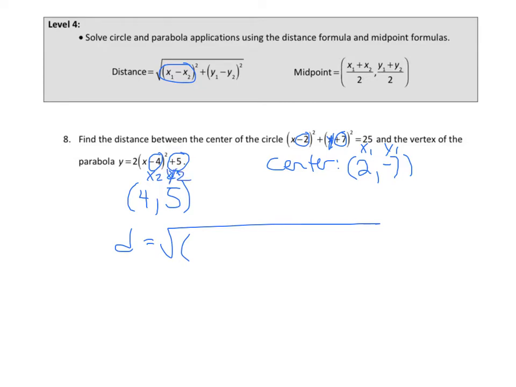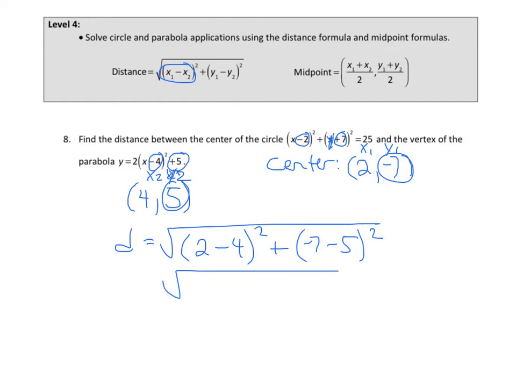And so I subtract the x's, 2 - 4, and then I square it, plus, and then I subtract the y's, -7 - 5, square it. 2 - 4 is -2 squared, plus, and then -7 - 5 is -12 squared,